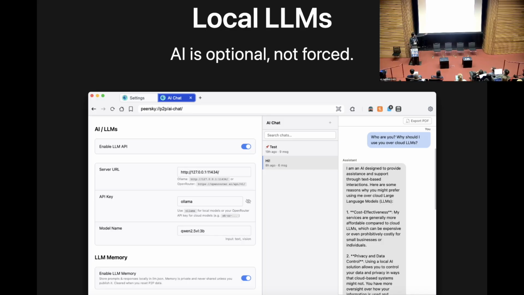So on the right side, we have AI chat. It looks like ChatGPT or any AI chat app. You can just upload stuff. The cool thing about this app is you can turn off the internet and use it, because you're downloading these models on your machine and you're running them. So whatever your prompt is living on your machine, it's not going out. Yeah, Sam Altman is not spying on you.